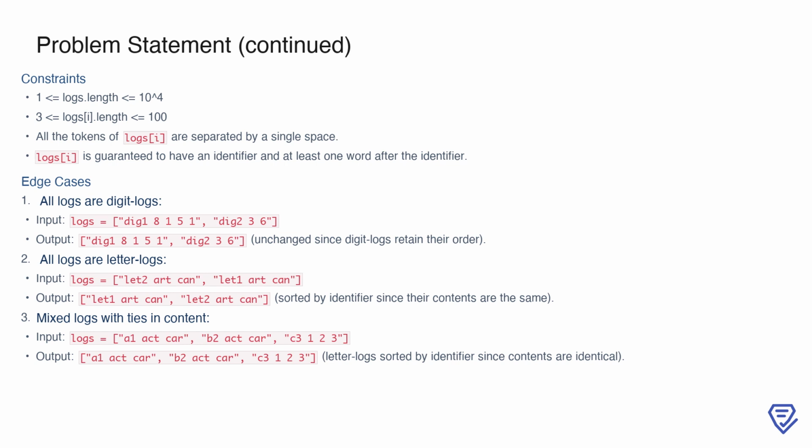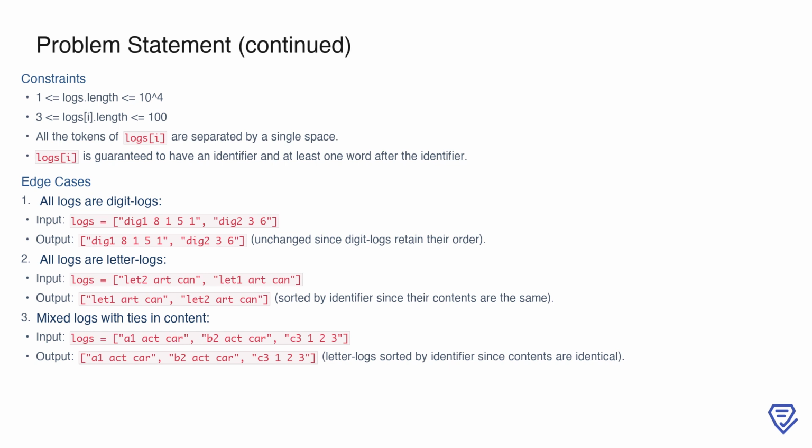For instance, if the input is dig18151, dig236, the output will remain unchanged as dig18151, dig236. If all logs are letter logs with identical content, they will be sorted by their identifiers. For example, given let2 art_can, let1 art_can, the output will be let1 art_can, let2 art_can. Finally, in cases where letter logs have ties in content, the identifiers are used as the tiebreaker, and digit logs are still appended at the end. For example, with input A1 act car, B2 act car, C3123, the output will be A1 act car, B2 act